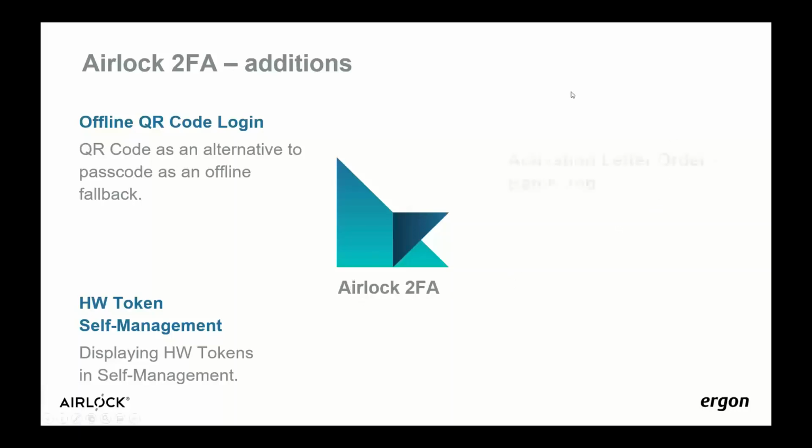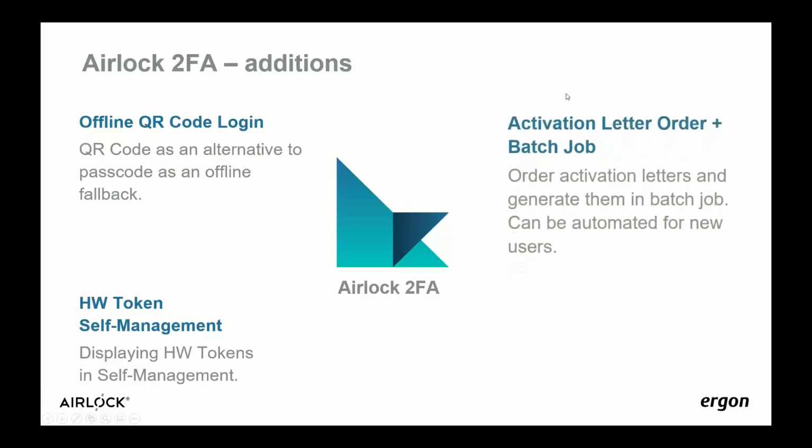For the administrators, it is now possible to create a letter order. So you can create an activation letter for a user, which will be set into an order. And then at the end, you can run a batch job, which will create all the activation letters in one run. This has the nice side effect that you can also do a mass import of users,